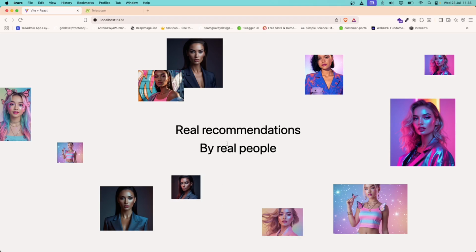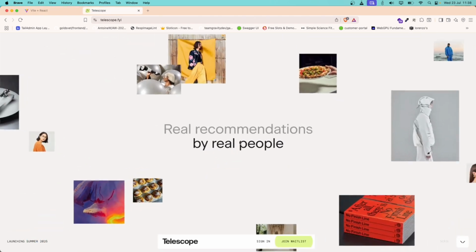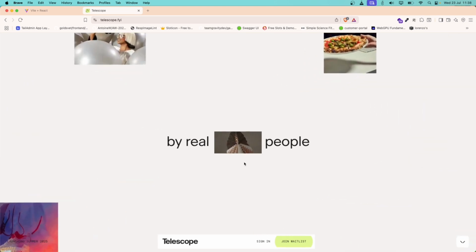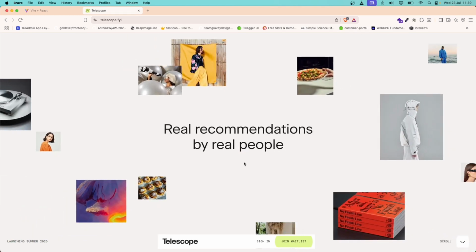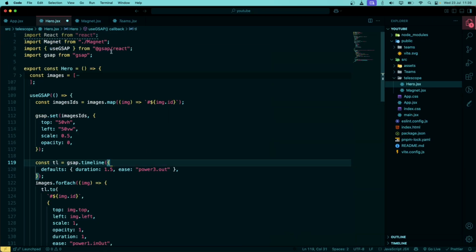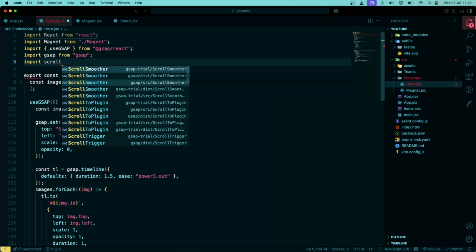As you can see, these animations are linked with scroll. The text animation is linked with scroll, and this animation is also linked with scroll. As you can see, it moves like this, right? For that we'll have to use a GSAP tool called ScrollTrigger, as you have already seen in my previous video also. So now I will import ScrollTrigger